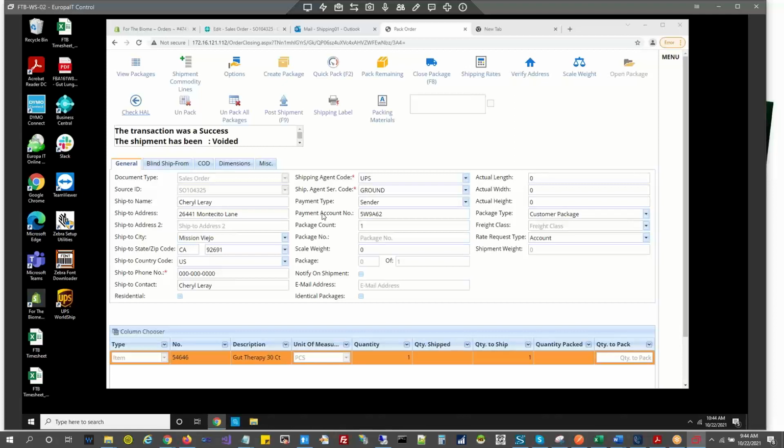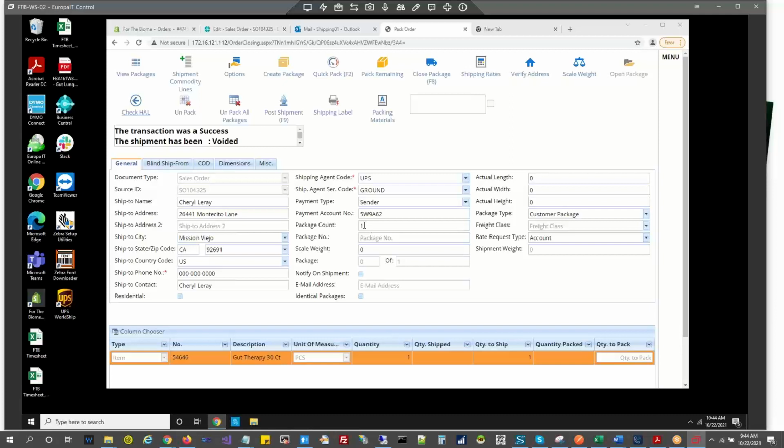So I'm going to show you the different process of how to create the packages. Every time the close package is the same, the shipping rates are the same. But if you have multiple packages, more than one, then we need to handle it in a different way. Initially, we need to select the package count here.